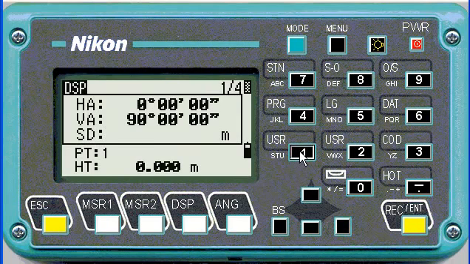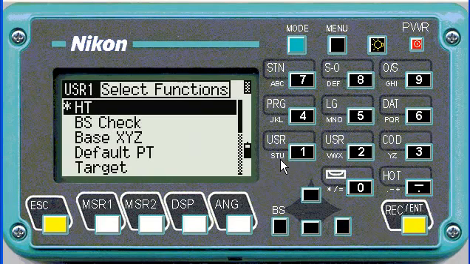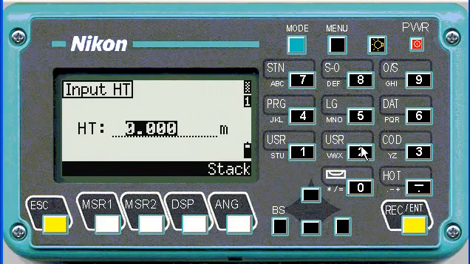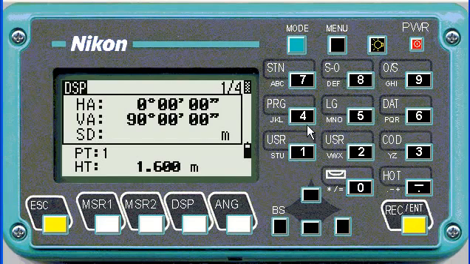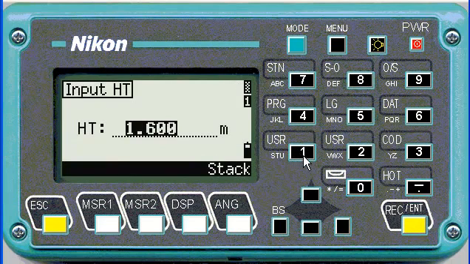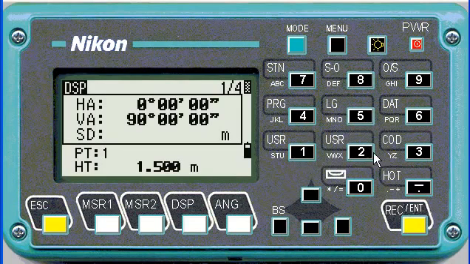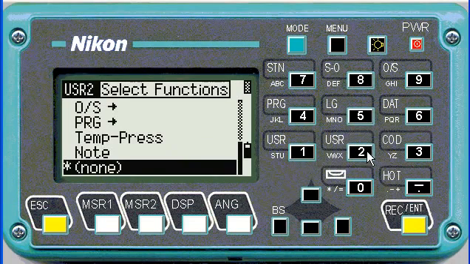If we hold down user 1, we can choose any of the favorite functions. I'm going to choose the height function, since the target height can change quite a bit during the survey. Now you'll notice at the bottom how the height has changed. If I push it again at any time, I can change it. Let's make it a more realistic value, 1.5, and again you'll see on the bottom,